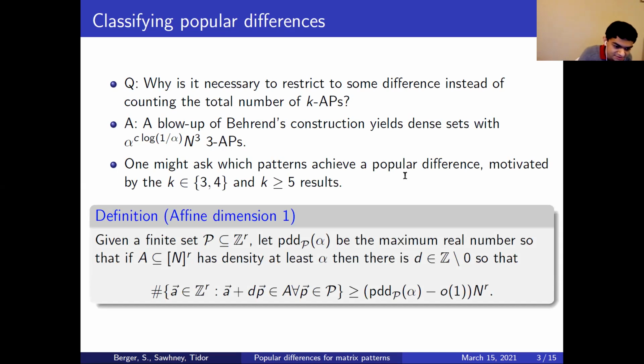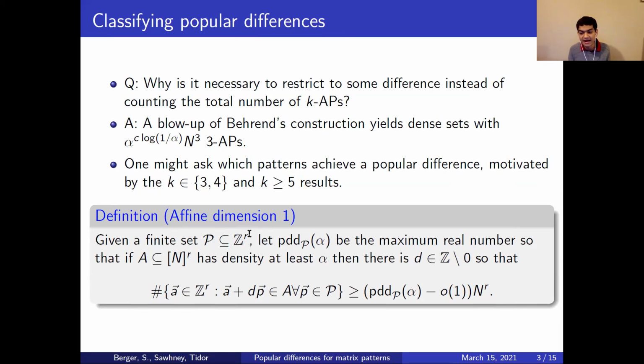So just to ease our discussion of this problem, I'll give a small bit of notation. For now, we're just going to address patterns that have so-called affine dimension 1. For example, 3 APs and 4 APs are an example of this. But let's allow patterns in potentially any number of ambient dimensions, so up to R. R equals 1 corresponds to the usual setting of Szemerédi's theorem, while R equals 2, for example, contains patterns